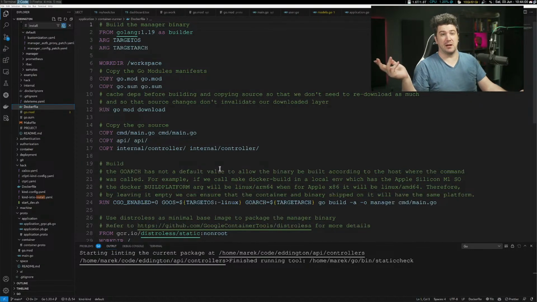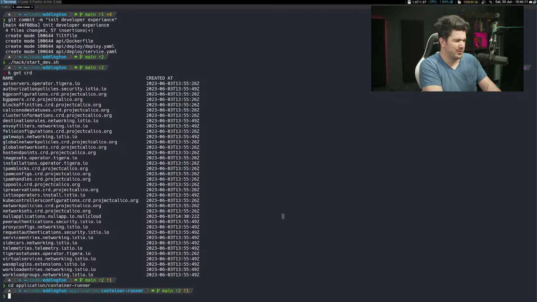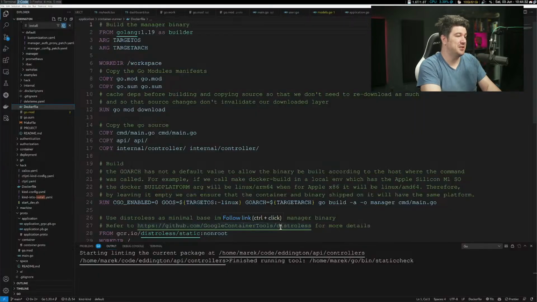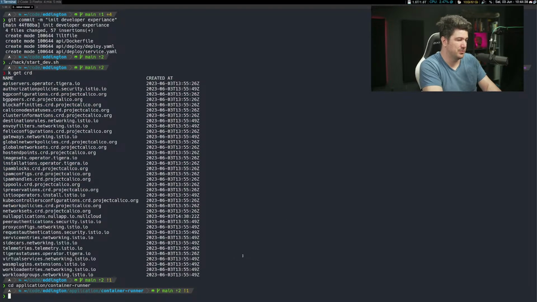We haven't been using the Dockerfile. We've been using make run. We've always just been doing cd application runner, and then make run, which doesn't actually run it in the container. So our container has been broken for a little while. Let's fix that. All right, and this is the good thing about sometimes doing stuff like this, it can help you find where you're